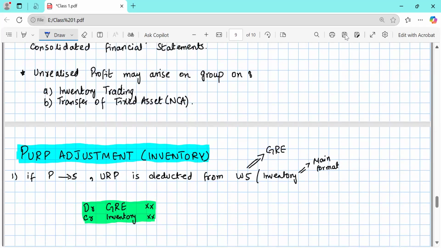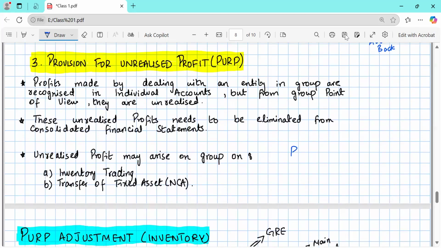Now, for example, let's say the parent company has transferred the goods to the subsidiary company, and now the subsidiary company has made a sale of those goods to a third party. Now, what about that? The profit on those goods is realized because the inventory is further sold to the third party, which is out of the group. So when that goes out of the group, the profit becomes realized. It means whatever profit stays in the group is unrealized, that is the one we have to remove, not the one that is realized.